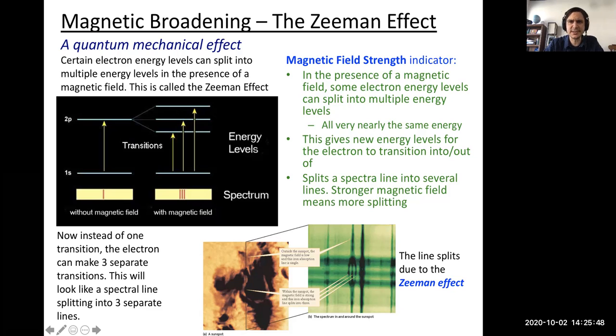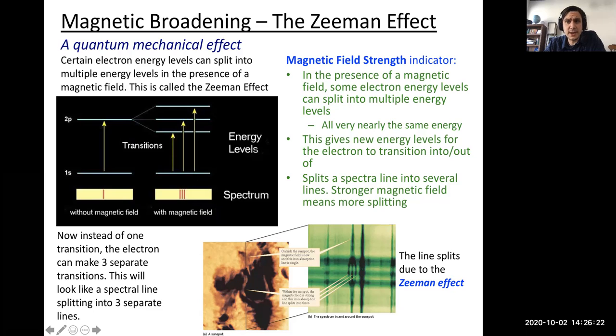And what is causing it to split? This will happen. Some energy levels will split into multiple energy levels in the presence of a magnetic field. And how widely they split, so how much space there is between these, is determined by the strength of the magnetic field. They'll split wider with a stronger magnetic field. So this is called the Zeeman effect. I know it looks like Z-man, but it's pronounced Zeeman. And really what this is telling us is